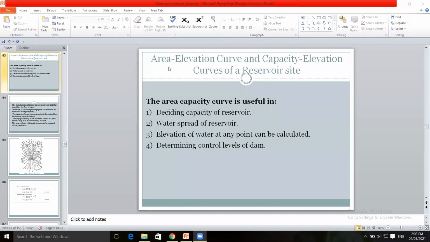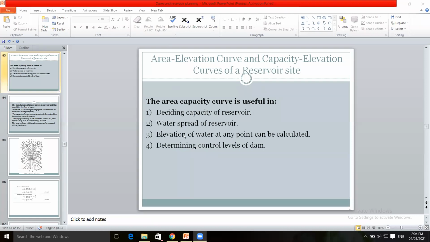In the previous lecture, we have seen the area elevation curve and capacity elevation curve for a reservoir site. The objective of drawing these two types of curves is that they are useful in deciding the capacity of the reservoir. Knowing the reservoir capacity, the quantity of water contained in the reservoir, the water which is spread in the reservoir,